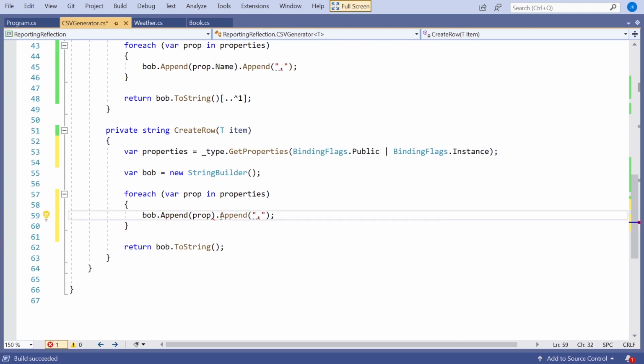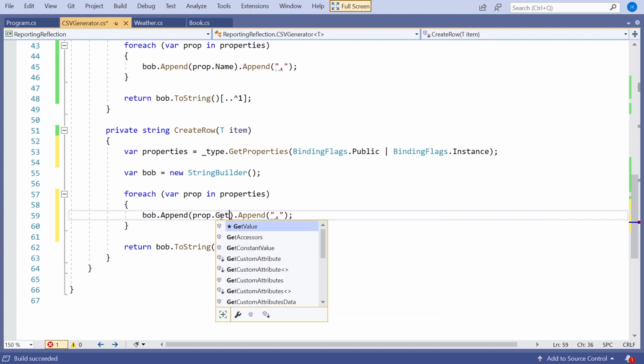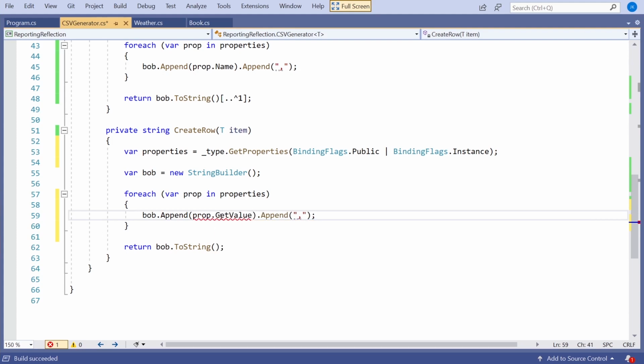You'll see on a property we have both a set value, so we can use reflection to change values, but in this case we just want to get the value. But you can't just get the value on the property, because the property, like all of this reflected data, is simply the property on the class.